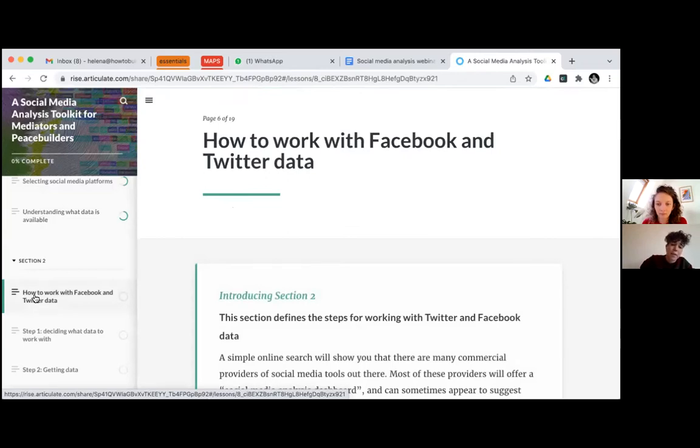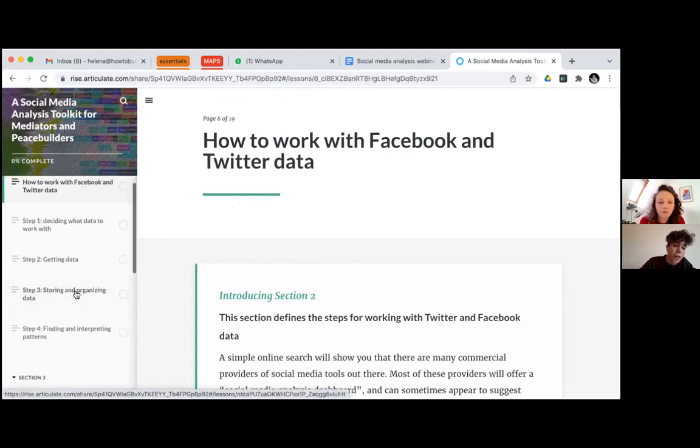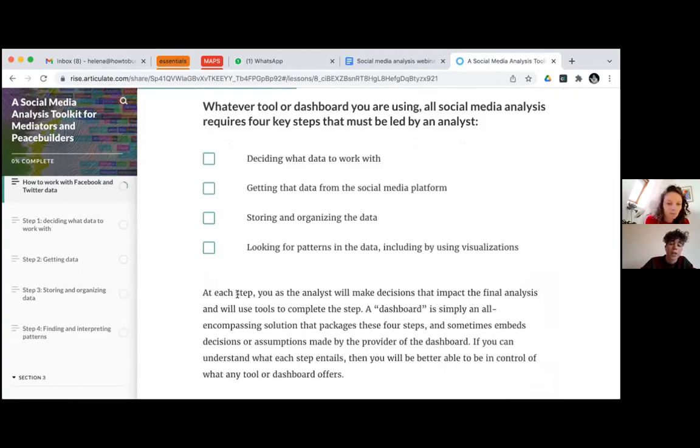The basic steps that are outlined here, steps 1, 2, 3, and 4, which are around deciding what data to work with, getting data, storing and organizing that data, and then looking for patterns, apply to actually any other platform as well. So as a process, you can apply it across many things. And then section 3